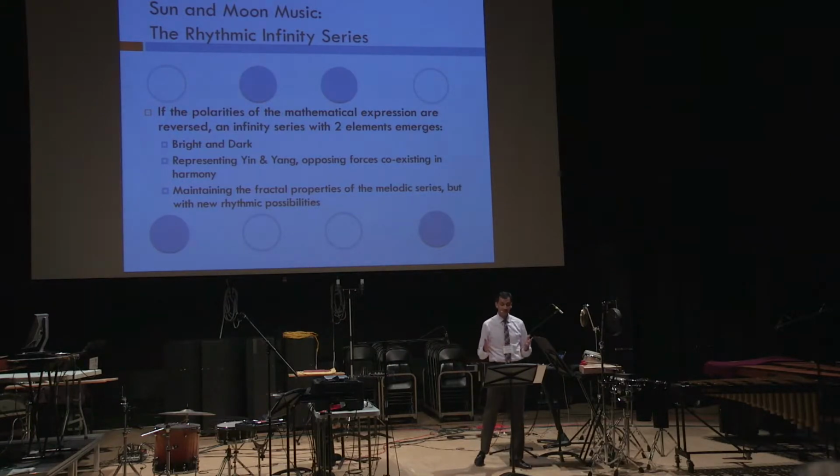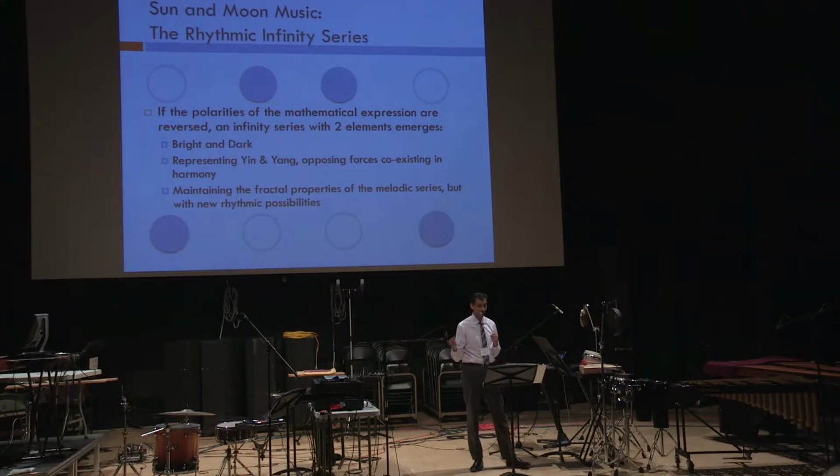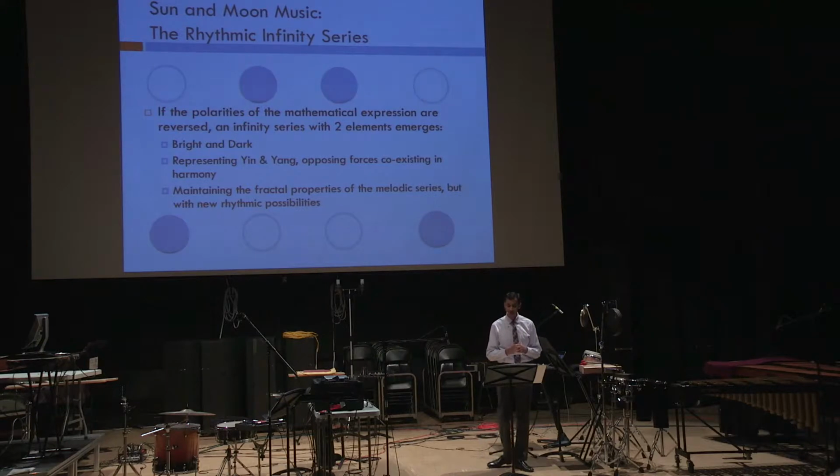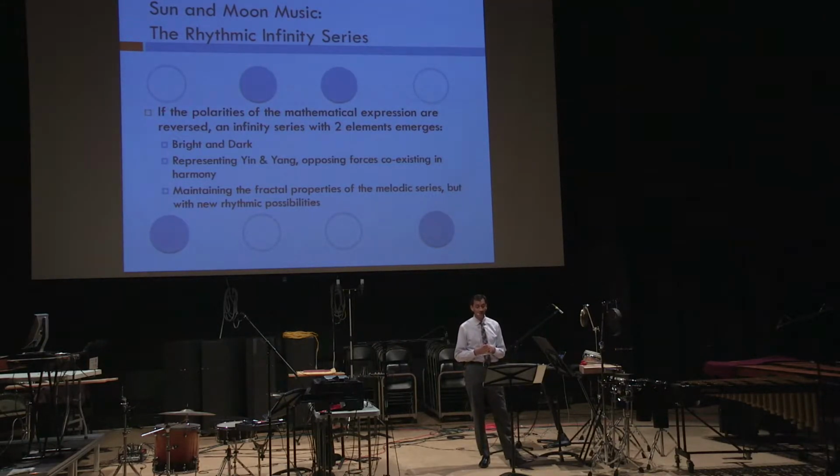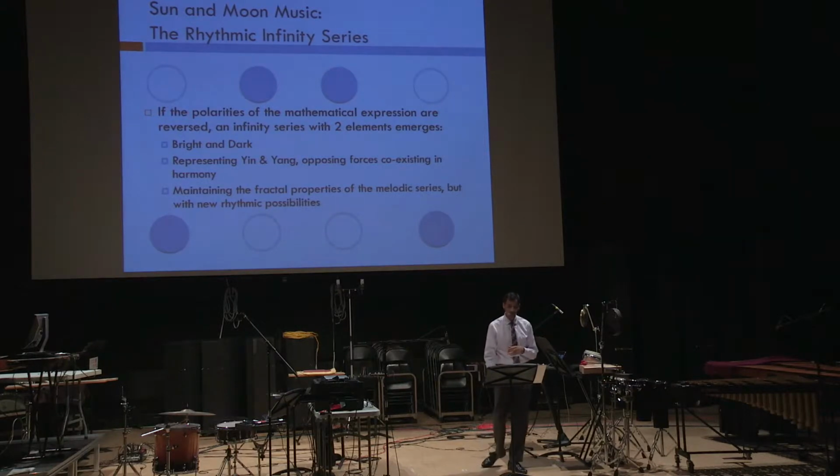The form of the Infinity series that Neeraj developed for use in percussion writing is a fractal formation based on 2 elements in a 4-note sequence: bright, dark, dark, bright. Bright represents the sun, and dark represents the moon. This is a direct reference to the Eastern ideas of yin and yang in the philosophies in the I Ching. Hence Neeraj's term, sun and moon music. In his percussion writing, the bright and dark notes are generally represented by opposing colors and timbres of related instruments.